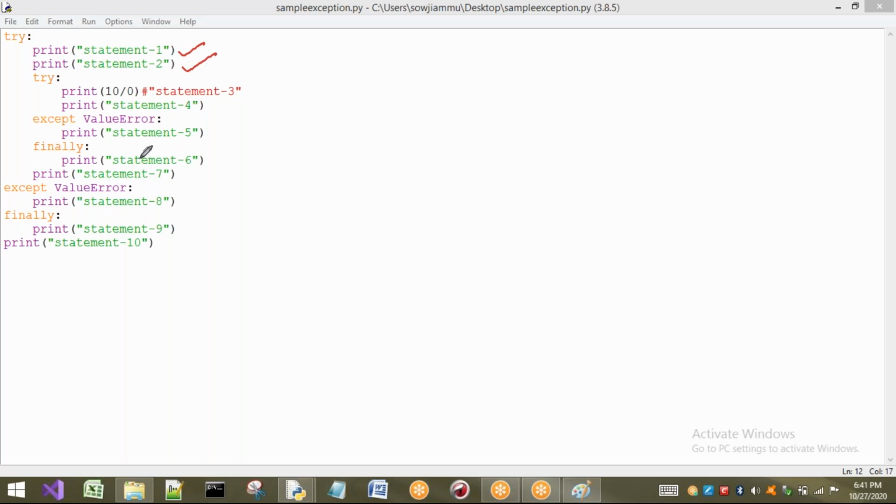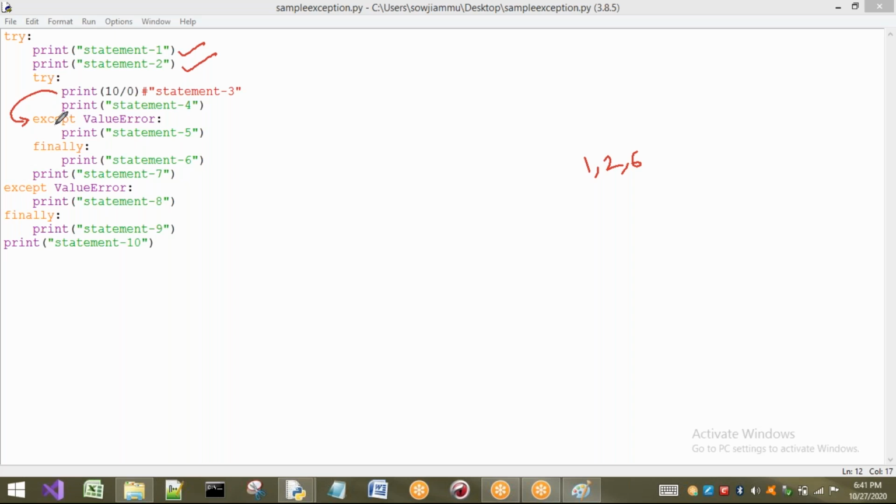This is going to be executed. Next here, there is an exception. So it will come outside of this try block. Is it matching? It is not matching. So anyway, this will be executed. 1 is executed, 2 is executed, and 6 is executed. Now there is an exception, so it will not print this one. When will the statement be printed? If the exception inside a try block is handled by the inner try, then the statement will be executed.